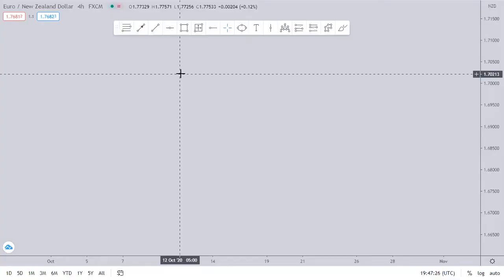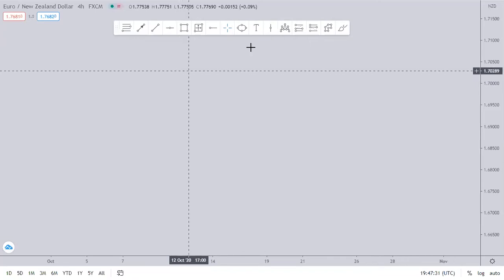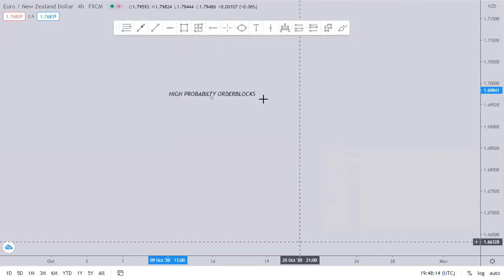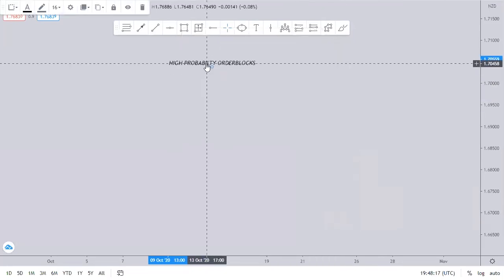We have a lot of order blocks, usually in a bullish trend, but we have what we refer to as high odds order blocks. If I say high odds, it will look like we are betting over here. No, this is not betting. It's not gambling. So let's remove the high odds. Let's make it probability, high probability. When some people hear odds, they think of betting. High probability order blocks.